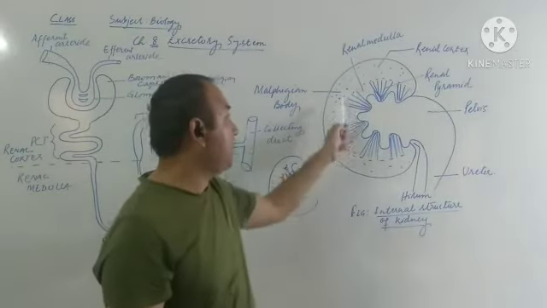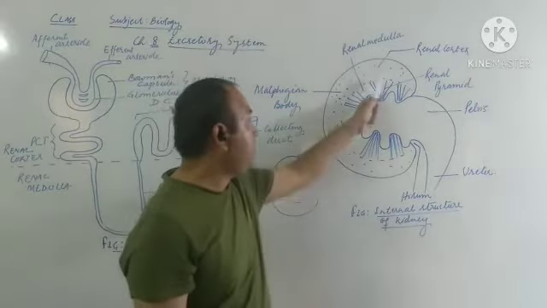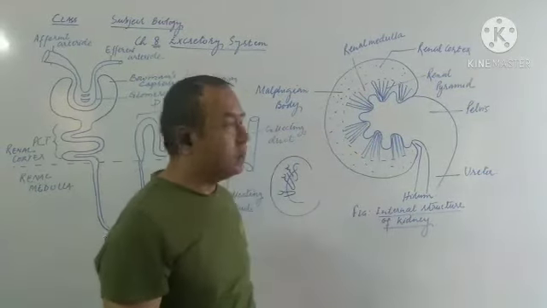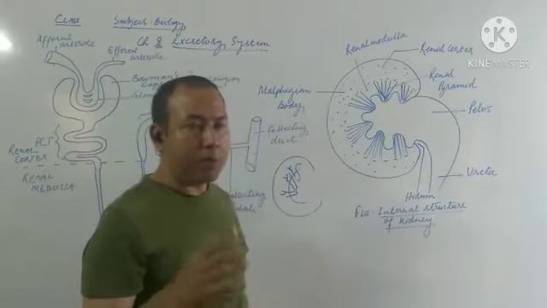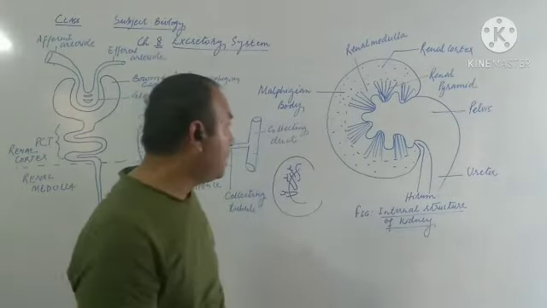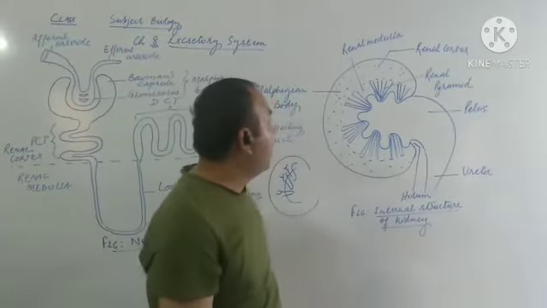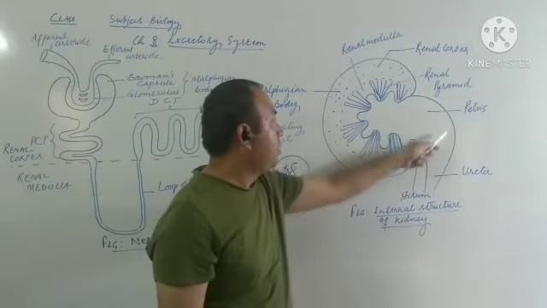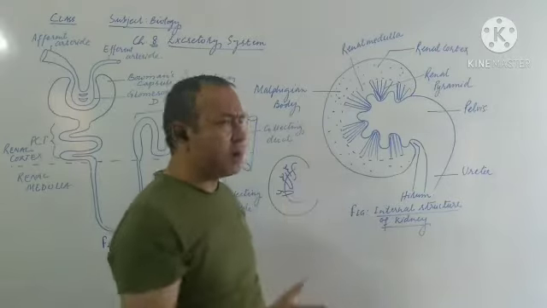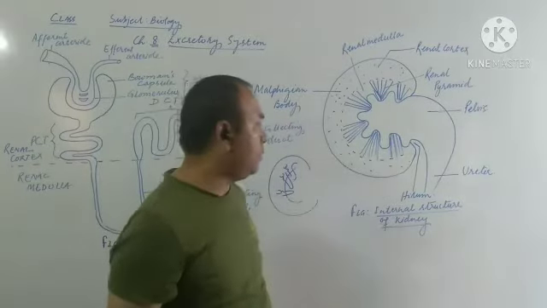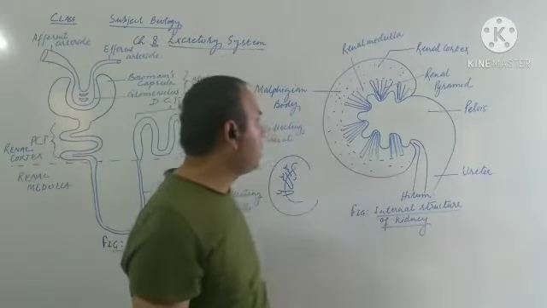Now, if you talk about the medulla region, the medulla region is traversed by many thread-like structures forming pyramidal shape. This pyramidal shape structure is called renal pyramid, and the thread-like structure is what we call renal papilla. About renal papilla, you will study in higher classes. Then the broader starting part of the ureter is called pelvis. We have already discussed this, which finally opens into the ureter.